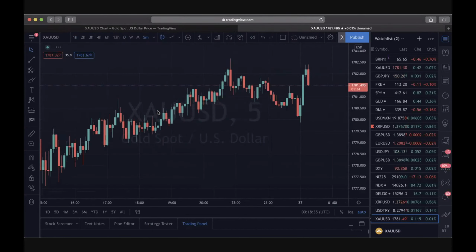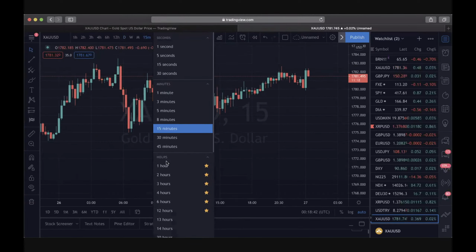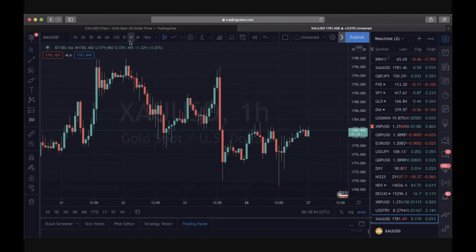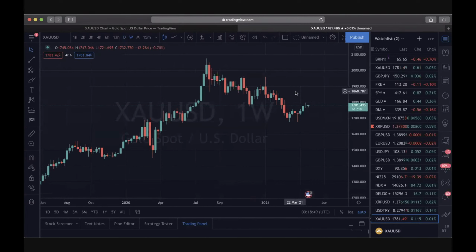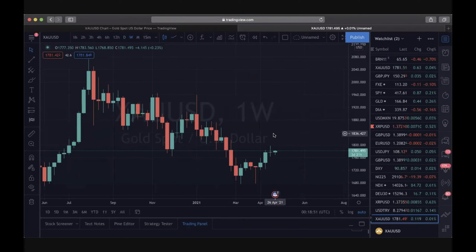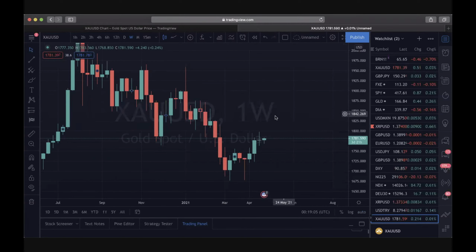You can trade on any time. You can trade on the 5 minute, you can trade on the 15 minute, you could trade on the hour. I personally love to trade on the daily and the weekly. I personally love to look for positions that are more long term. I like to find positions that are long term that I know I'll be able to get into. I know that these positions I could stay in for 100, 200, 300 pips.